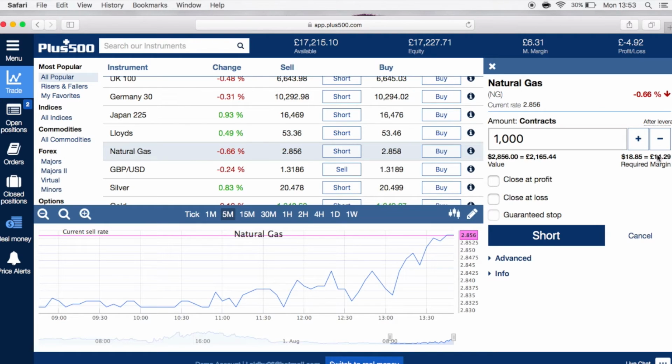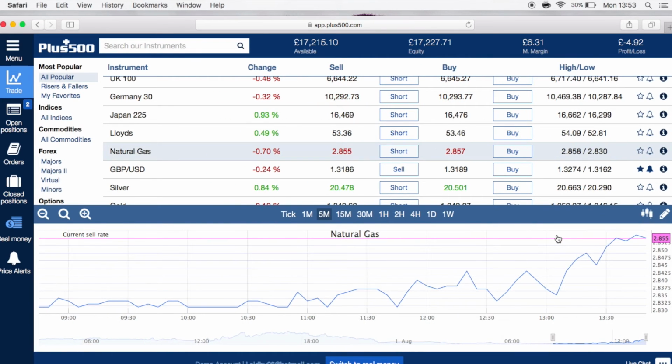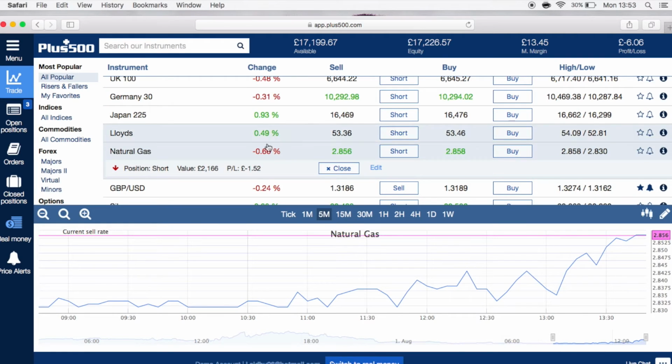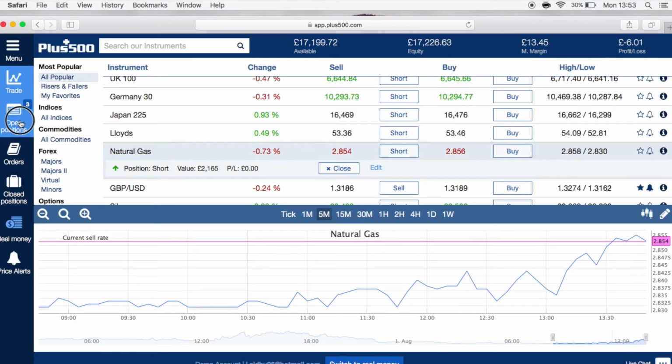So that's how much this trade will cost me. That's the required margin. So if I just go ahead and press short, that will confirm that trade. So that will open the new trade. If I go ahead and do that, now it's just opened here, and I can check all of my open positions over here in the open positions